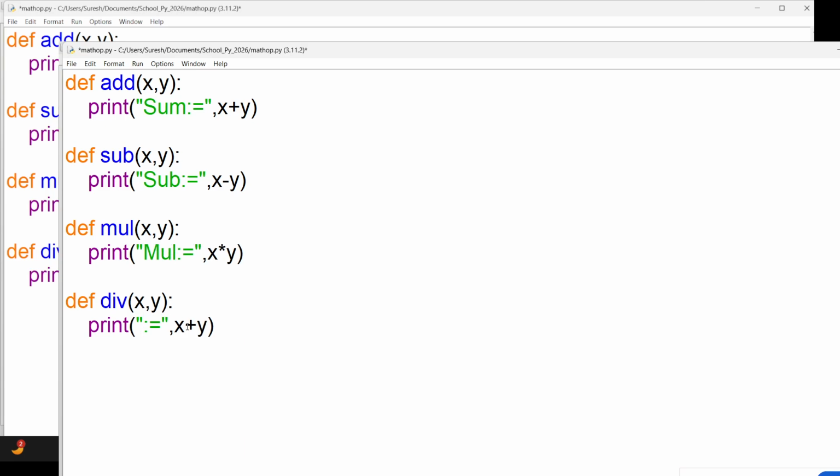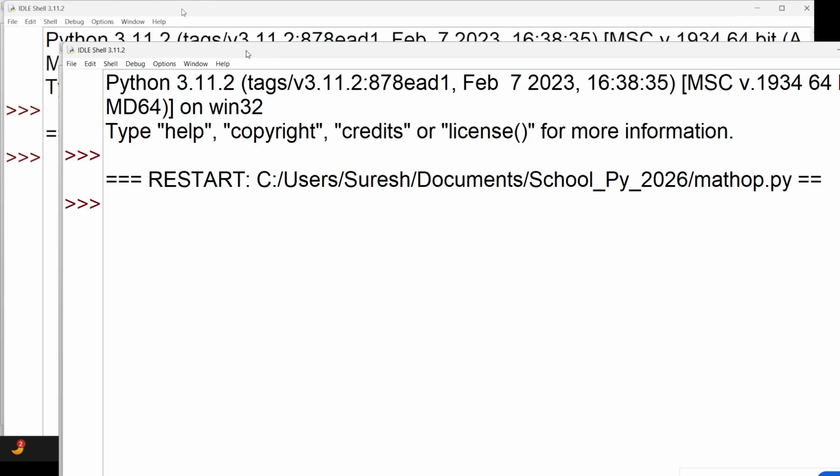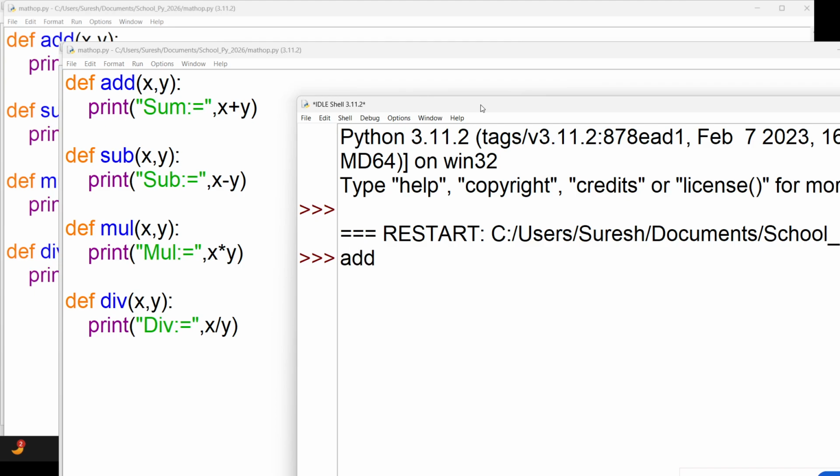But if I want this same function in another file, at that time I have to import it. You can get addition, you can get subtraction.